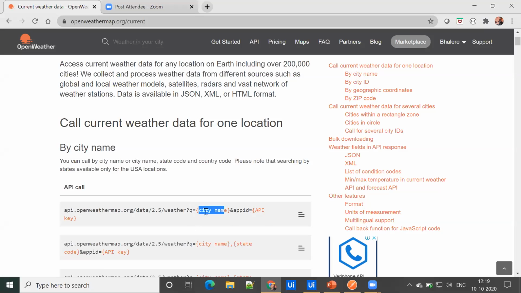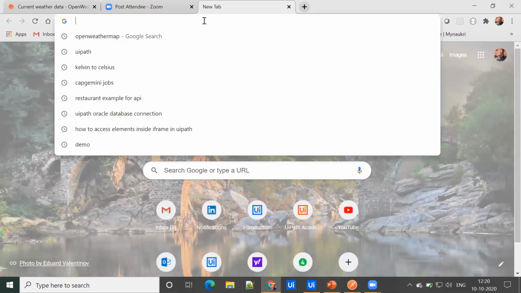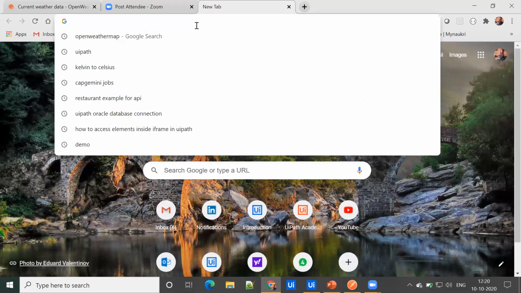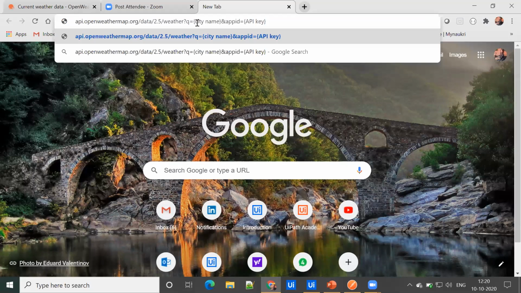This is called a parameter. So I'm copying this, opening a new tab and pasting it. Now we have to replace the city name with some city, let's say Pune.